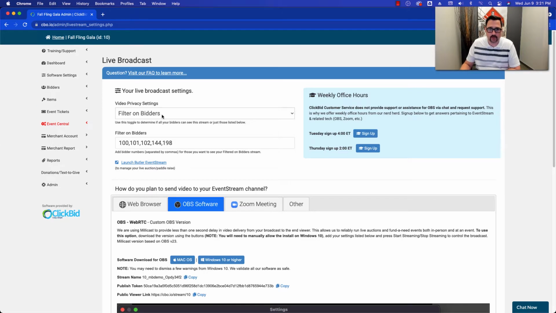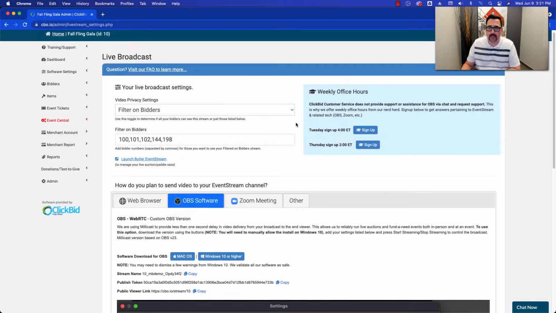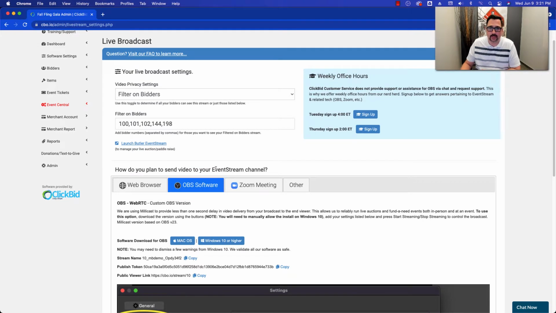So when you go to the live broadcast page, we broke the page down into three sections. The first section is the video privacy. And the second section is weekly office hours. Third section is how do you plan to send video to your EventStream channel? So in the first section here, privacy, we know that our recommendation is that you open the auction